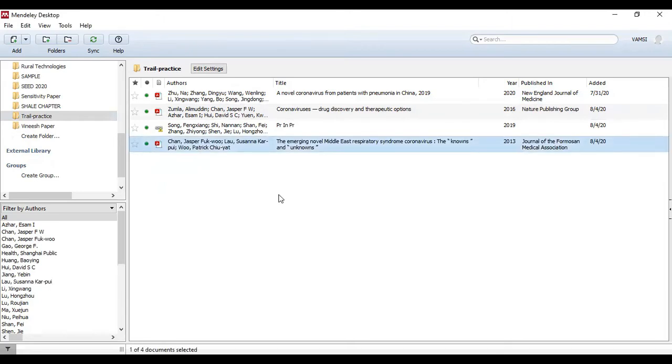Yes, it has been uploaded here. Now if you want to cite that paper in between 1 and 2, let it be here. Again the same procedure: go to Insert Citation, go to Mendeley, and cite.